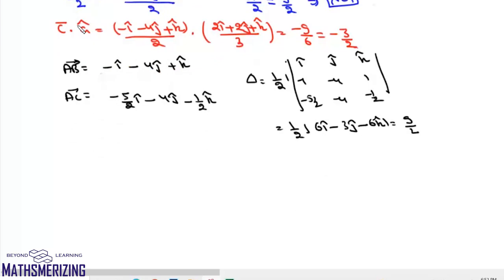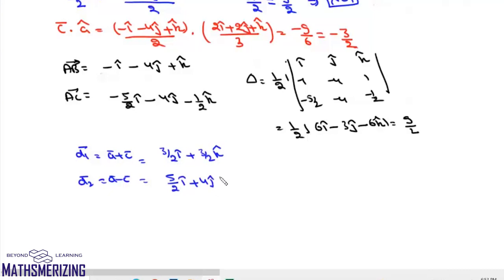Now we know that diagonals are A plus C and A minus C. Now A plus C is 3 by 2 i plus 3 by 2 k, and A minus C will be 5 by 2 i plus 4j plus 1 by 2 k. Now if we take the dot product, we can find cos theta, and cos theta will be